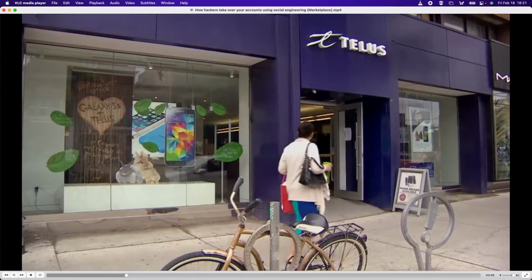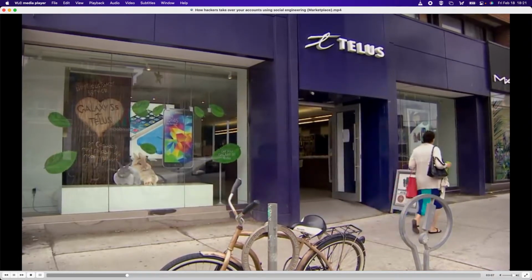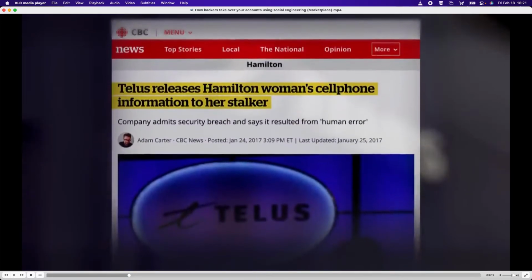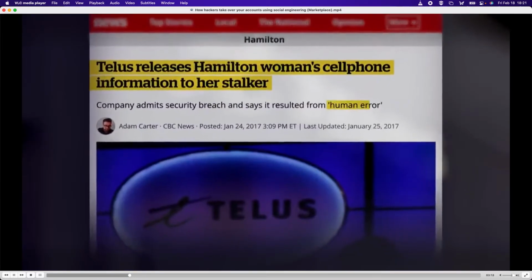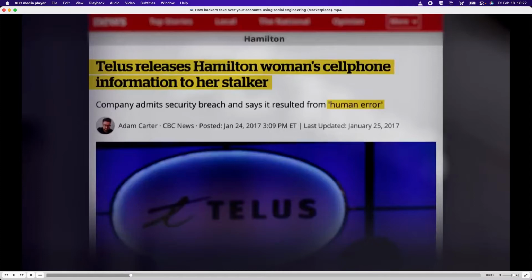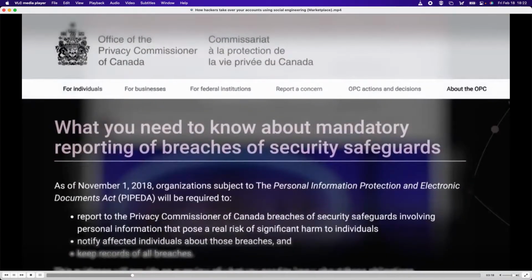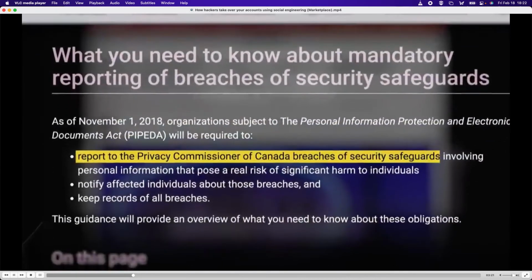Erin's case might sound extreme, but she's not alone. In 2017, TELUS gave out one customer's personal information to her stalker, putting her info and her security at risk. Just 3 months ago, the government ordered all companies to report all hacks to Canada's Privacy Commissioner.